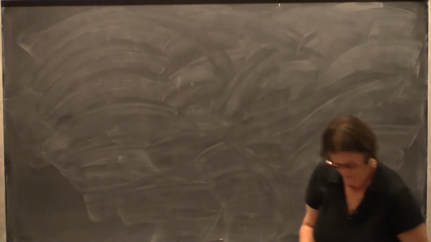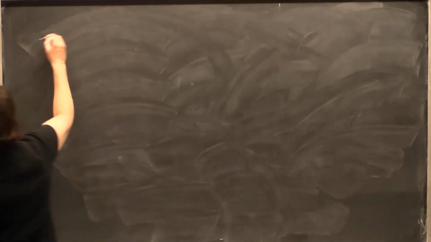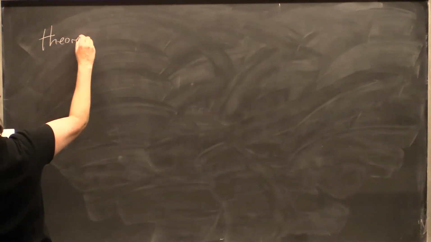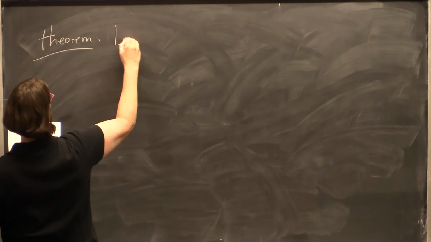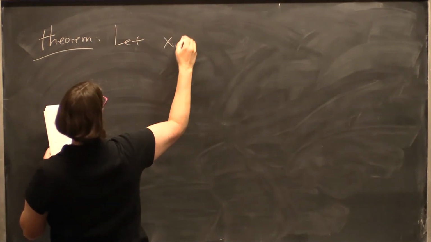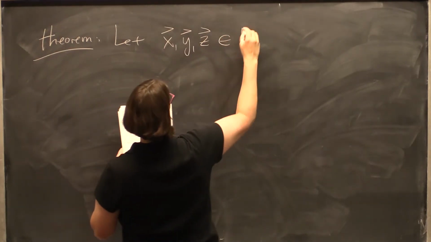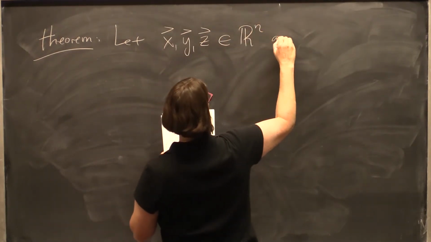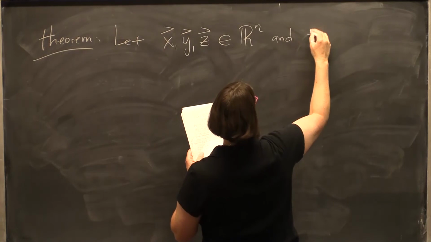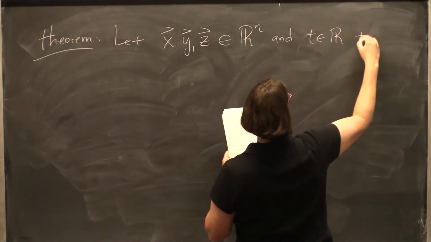The dot product is just lovely. So theorem: let x, y, and z be vectors in Rn, and t is a real number, then,